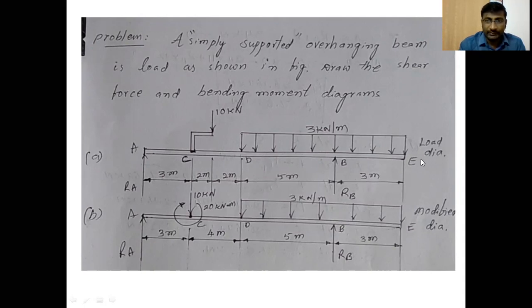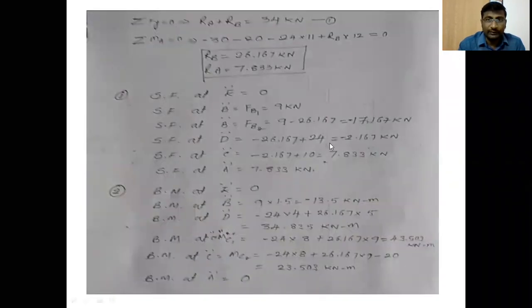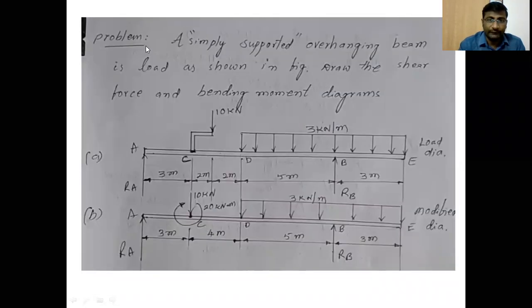3 into 8 meters. So RA plus RB is equal to the UDL value, 3 into 8, 24, plus 10. 24 plus 3 into 8 plus 10. 24 plus 10, 34. RA plus RB is equal to 34 kilonewtons. This is RA plus RB equal to 34 kilonewtons. And take moments at point A. If we take the moment at this point,